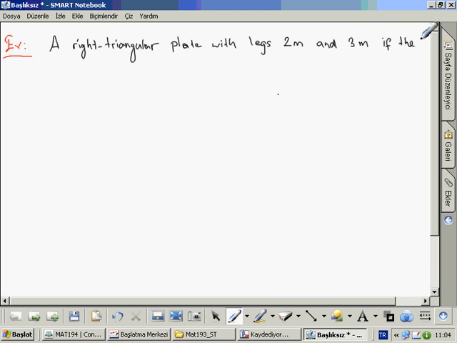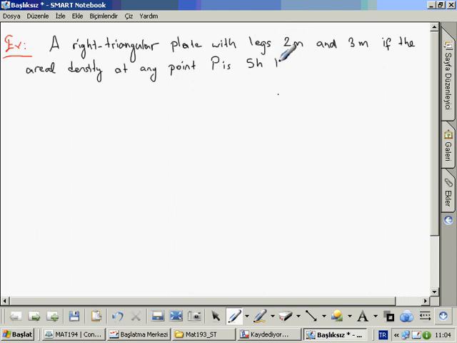If the areal density at any point P is 5h